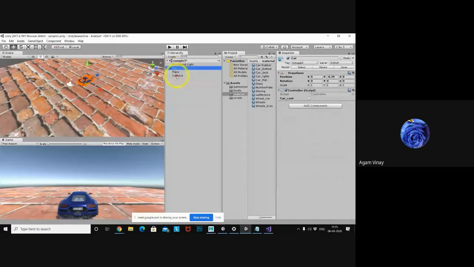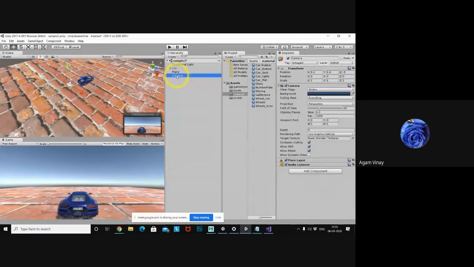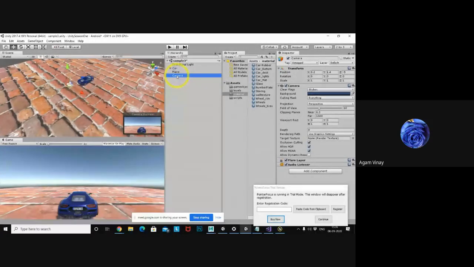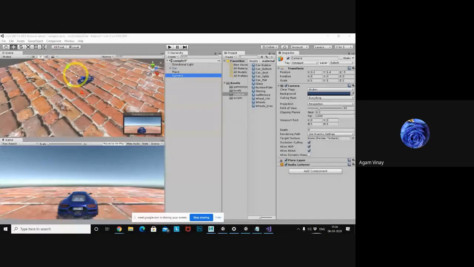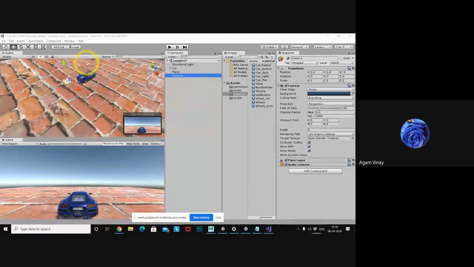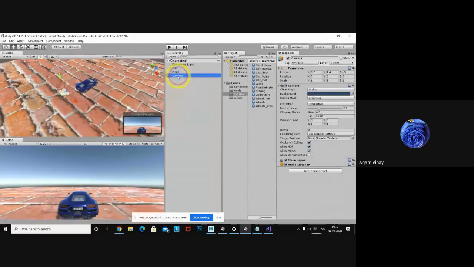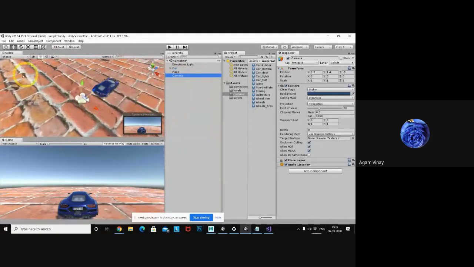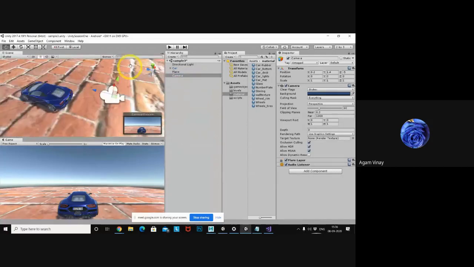So this much distance you need to maintain every time. So you need to write like that: if the car distance is greater than 5, the camera should go towards the car. Whenever the distance is within range, you need to stop the camera. That's how you need to script it for the camera to follow the car.